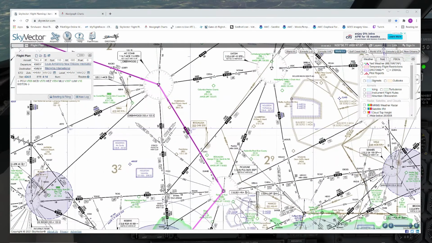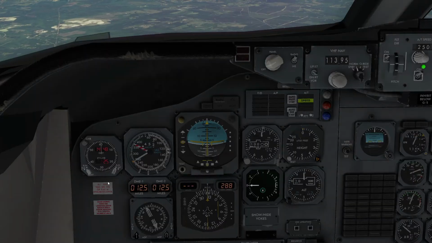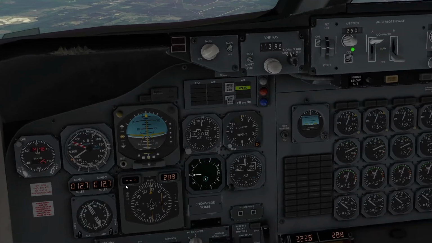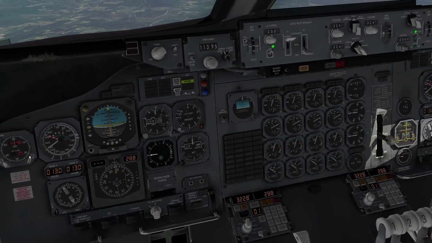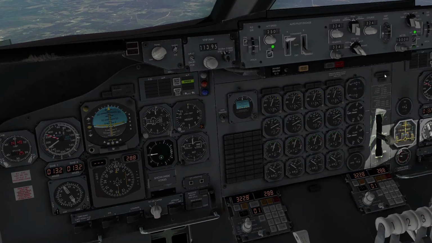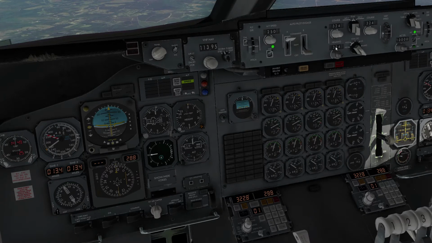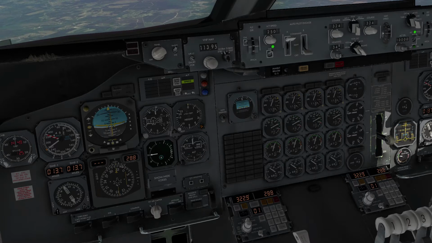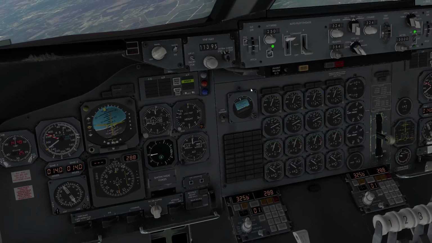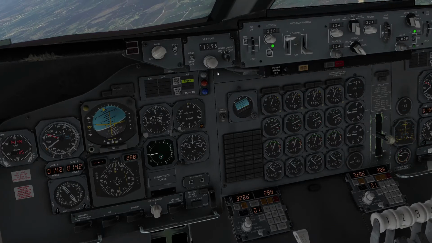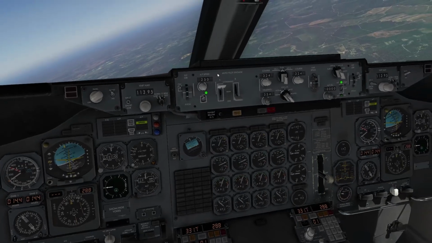So we came across Picayune, we made a right turn to parallel 324, and now we have to do an intercept. Typically, once I'm past 5 to 6 miles, I might do an intercept of about 30 to 45 degrees. So we're going to take the airplane heading, 324 plus 30 is 354. So let's go ahead and set that up. Okay. And here we go. The airplane is now turning